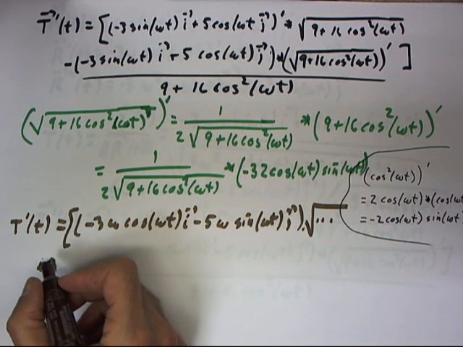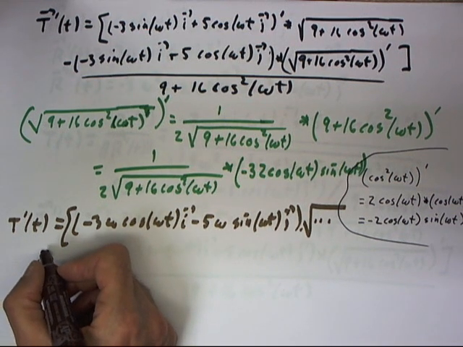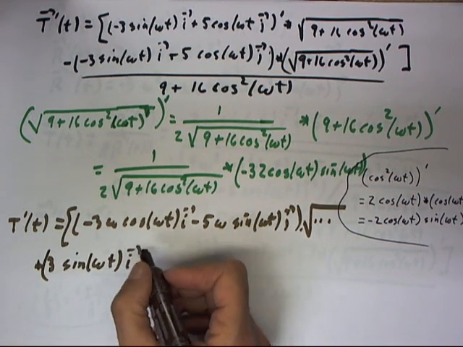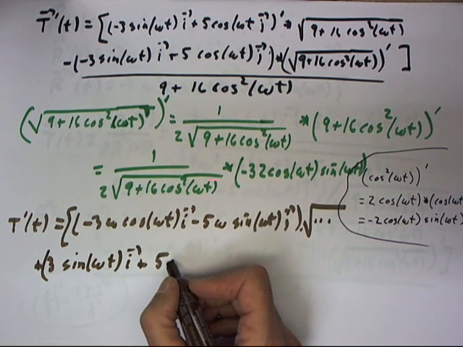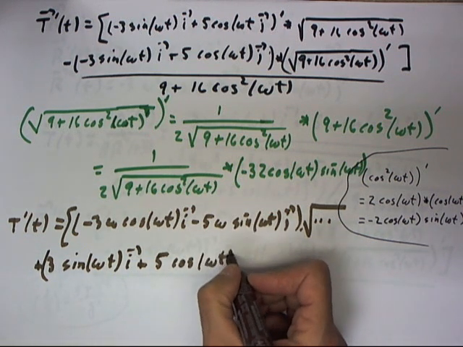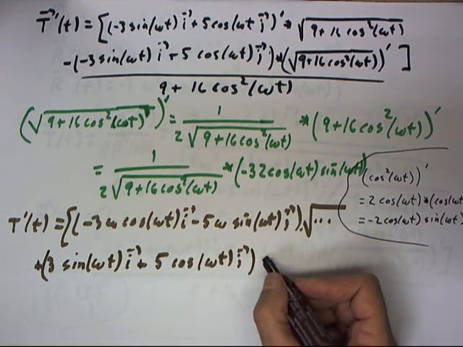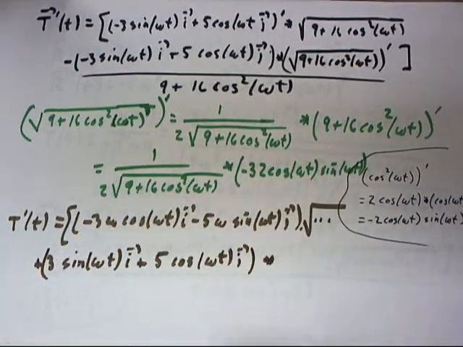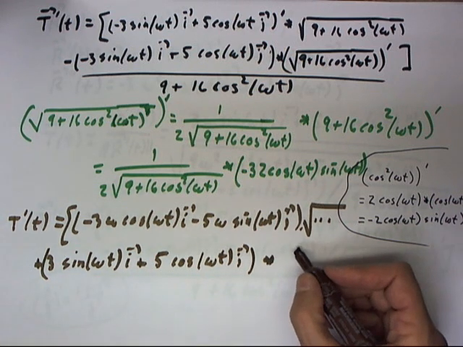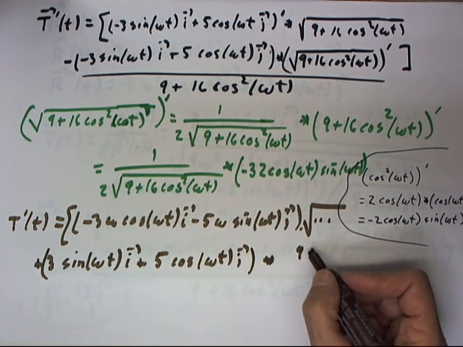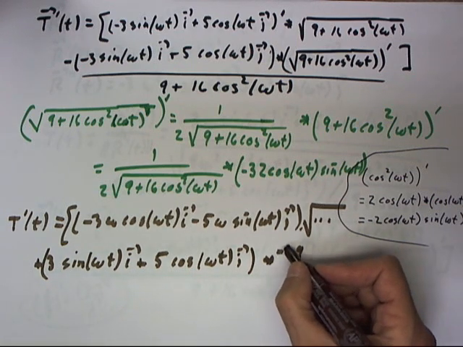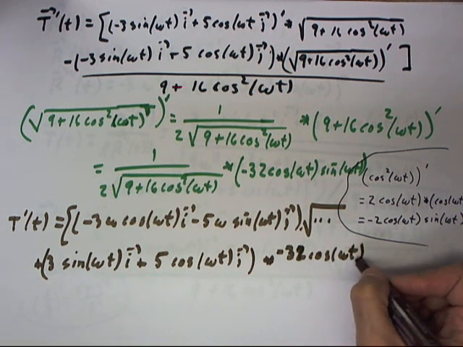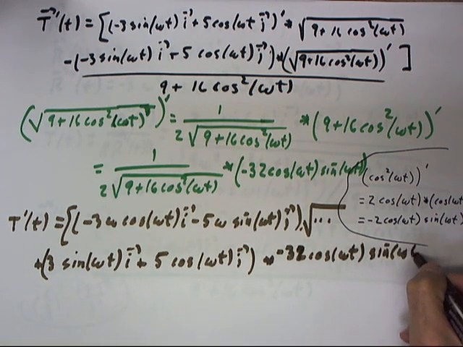So we end up with 3 sine of omega t times i plus 5 cosine of omega t times j, multiplied by the derivative of this, which is this, and we're going to write that as, I'm sorry, I got the wrong thing here, minus 32 cosine of omega t sine of omega t